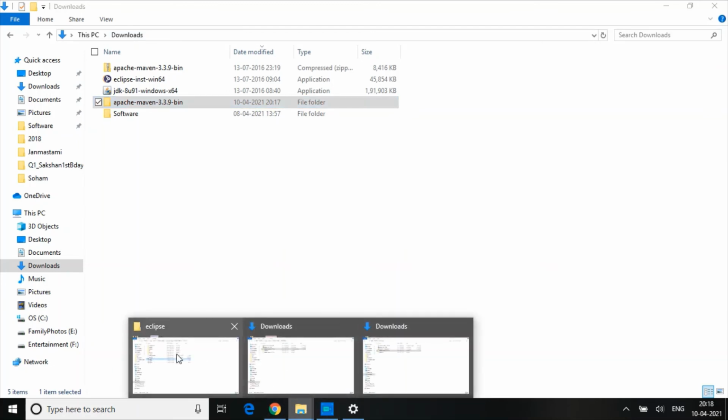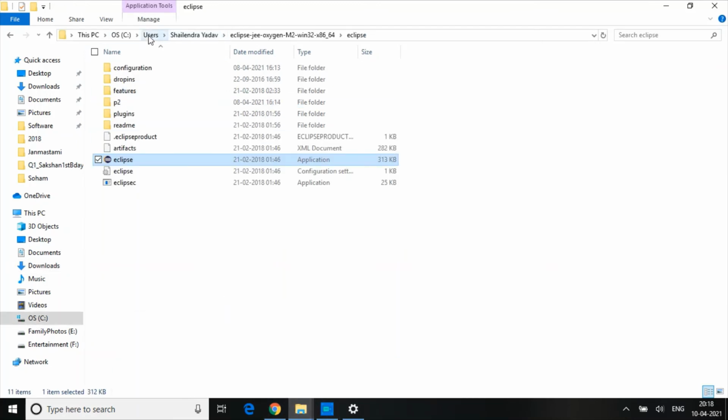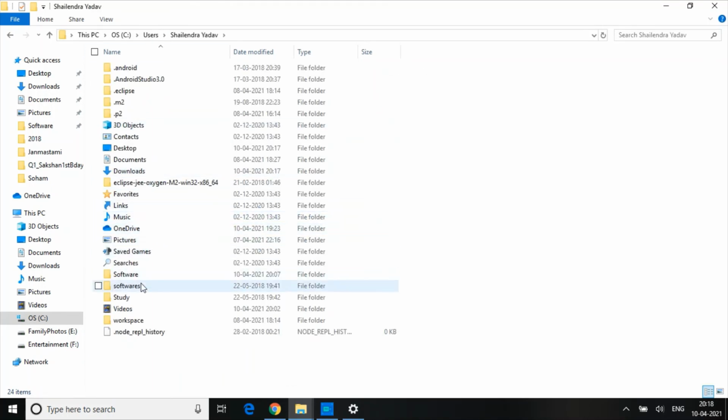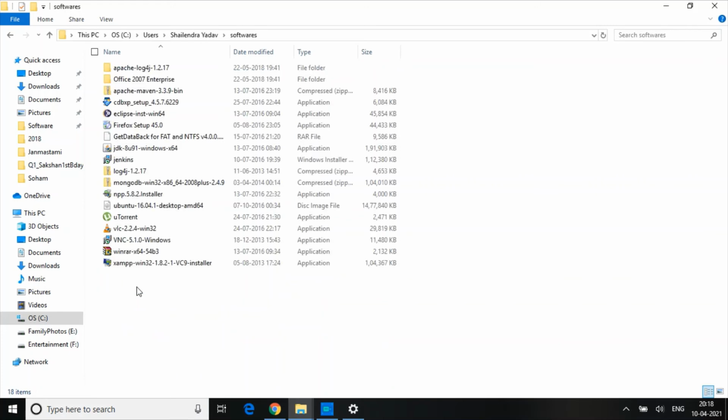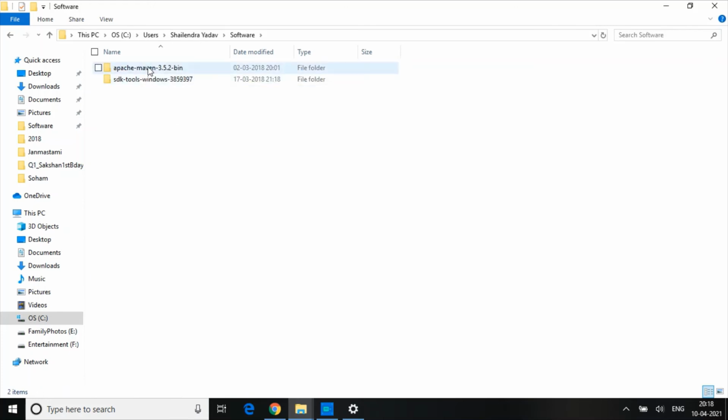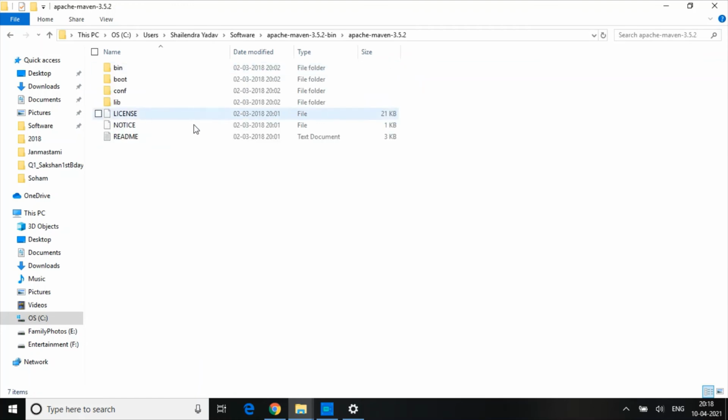I copied it to my local drive. Under my user, I have created a softwares folder, and I copied the software directly here. It's not an exe installation; I simply copied it from there to here. Make sure the bin folder is there, and these folders should be present here.